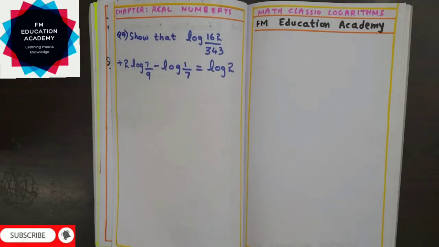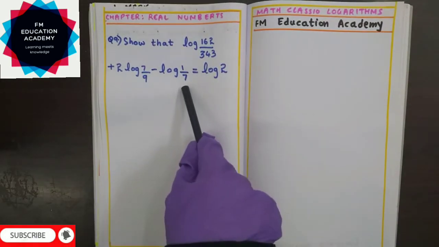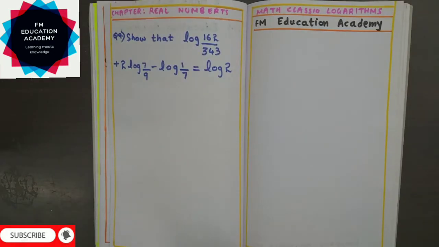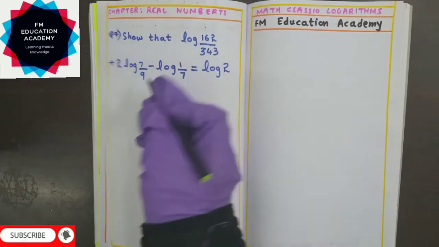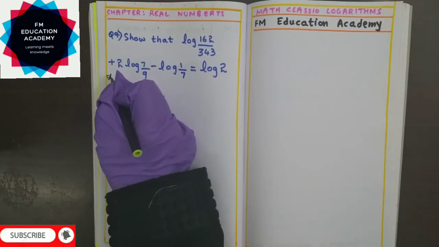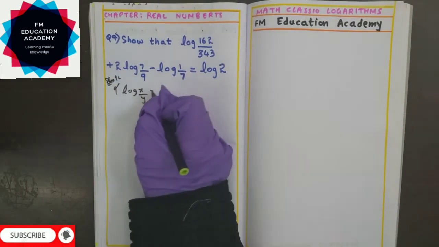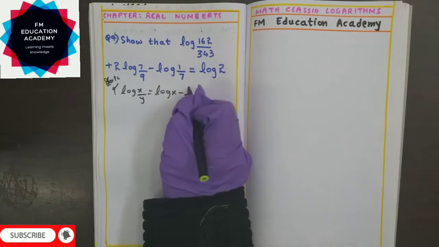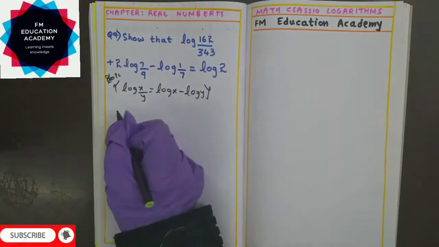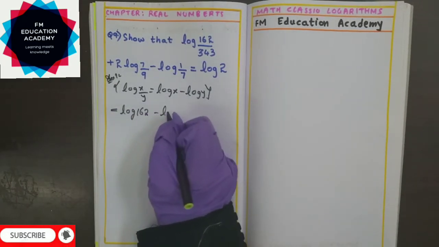We have to show that log 162 by 343 plus 2 log 7 by 9 minus log 1 by 7 is equals to log 2. In this question, observe, this is of the form of log x by y. Again, log x by y, log x by y. So which formula we can use? Log x by y is log x minus log y. X is 162, y is 343. So we can write this as log 162 minus log 343